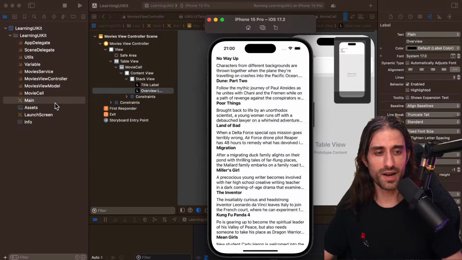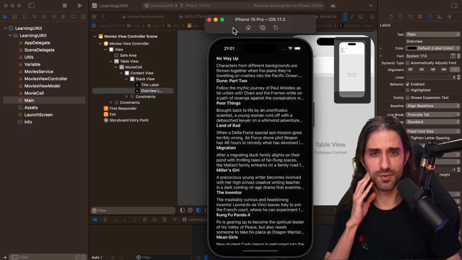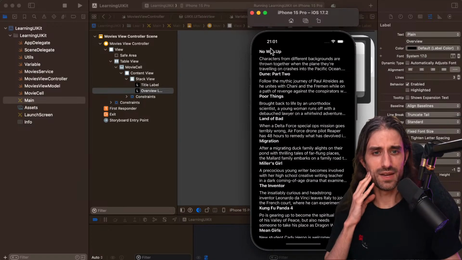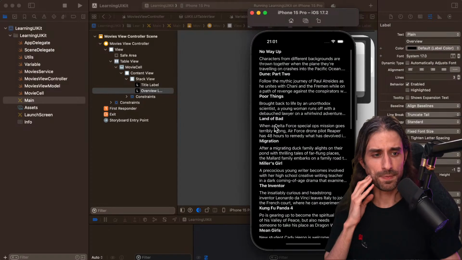So you can understand why people say that it's faster to prototype and create an app using SwiftUI. This is a great example of why UIKit takes longer to develop an app than SwiftUI does. But you can see that it works. I'm going to put it in dark mode. You can see that it works, and we have our data being displayed.